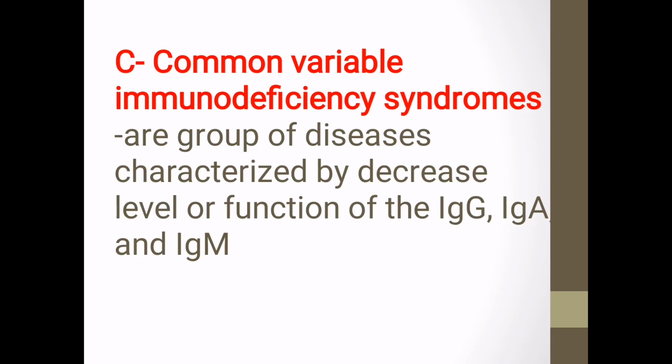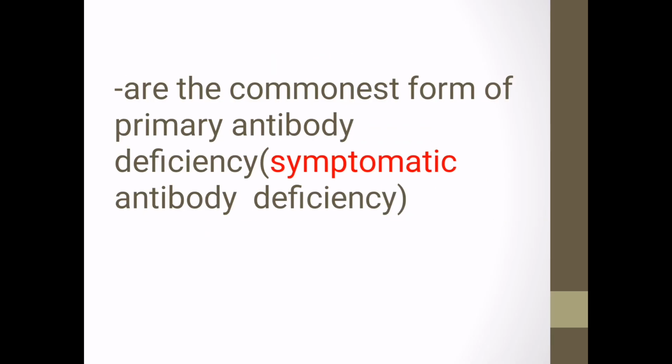Okay, and it is variable deficiency in the level and in the function of the IgG, IgA and the IgM, and these are the commonest form of antibodies deficiency اللي هي symptomatic antibody deficiency. The commonest symptomatic primary immunodeficiency is common variable immunodeficiency. Okay, تمام. So